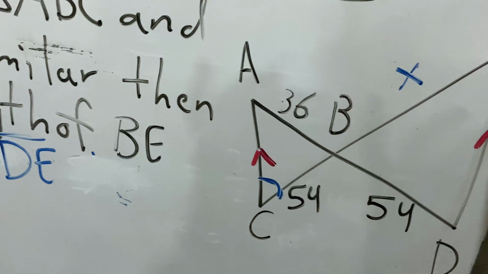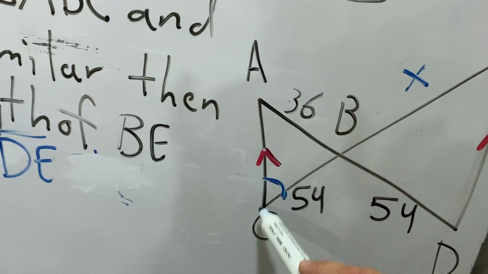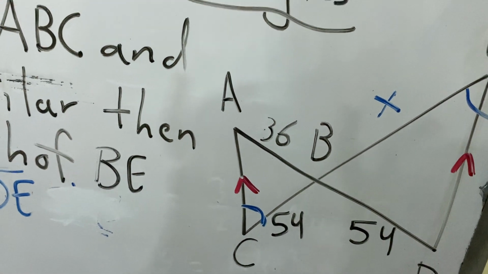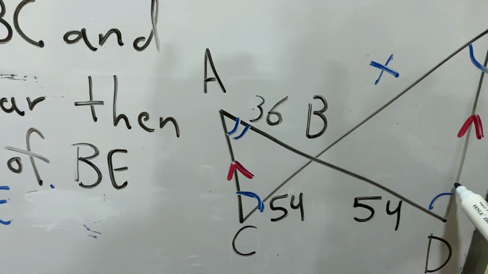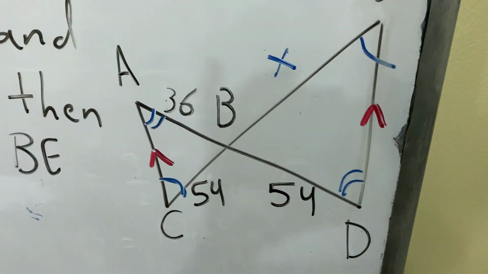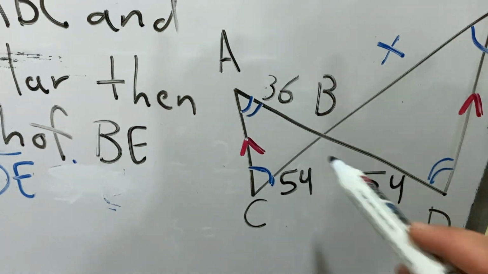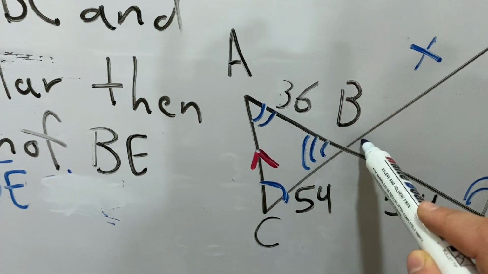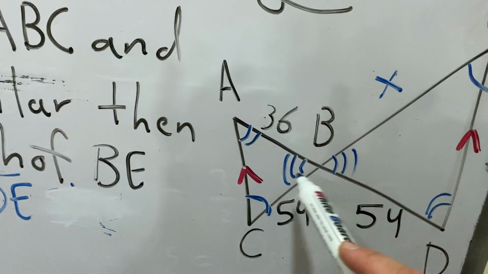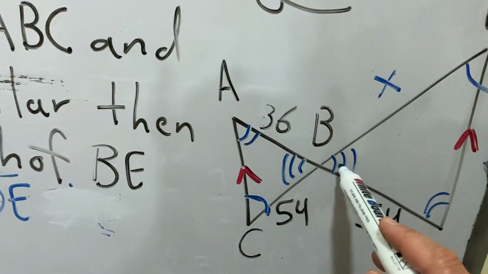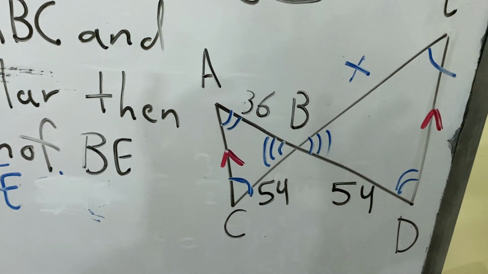Why? Because they are alternate interior. Alternate interior means they are opposite to each other, like this, as Z letter, okay? Also, I can say that angle A is congruent to angle D. This is another triangle, another angle. So now I found two angles. I can find also a third angle, these two angles together, this one and this one. And take care. Why are these angles congruent? Because they are vertical angles. The angles that are opposite to each other are always called vertical angles, and they are congruent to each other.